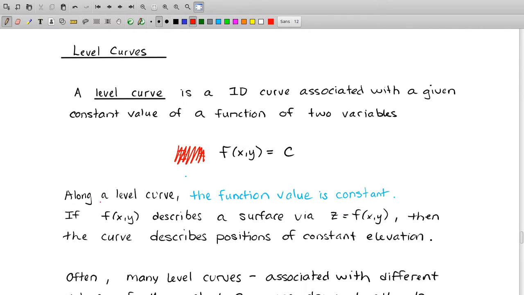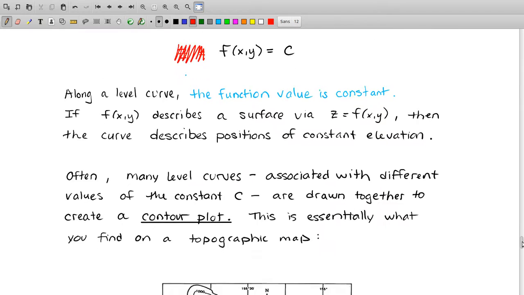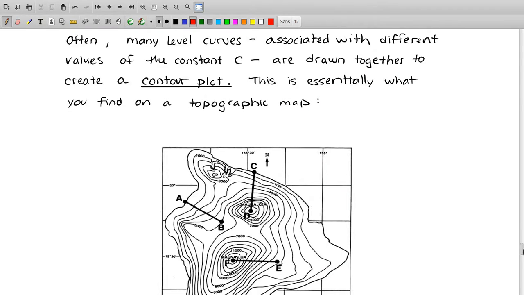The key idea is that along a level curve, the function has constant value. So if you're thinking of a surface plot, then z represents height, and the curve represents positions where the height is the same, constant elevation. Now you may have seen level curves before without quite realizing that they were called level curves, on something called a topographic map. A topographic map is simply a set of level curves